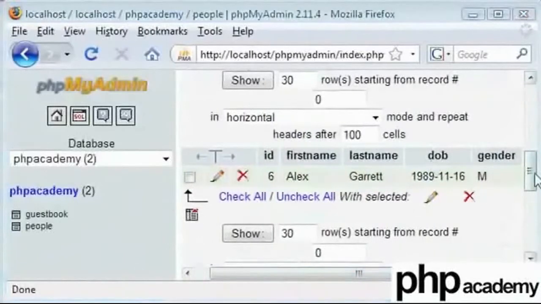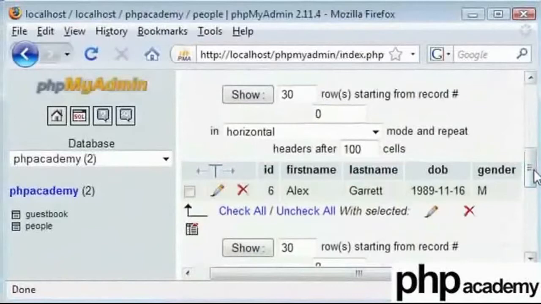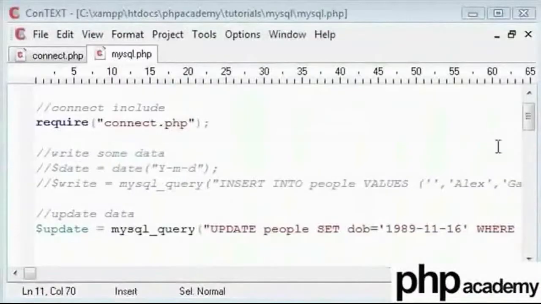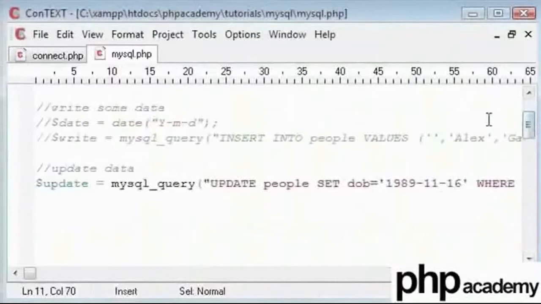So if you need to update data in your database or anything like that, you can specify what data you want to update. I used DOB, and that equals the date of birth that was necessary. I could have updated my last name. You also need to specify where you want this to be updated. So I said this record, which is this long line here. These are called records, and I specified where the ID was equal to 6, and that has updated my unique record.